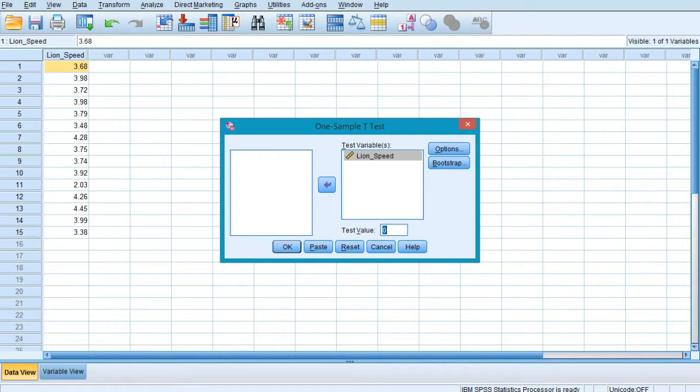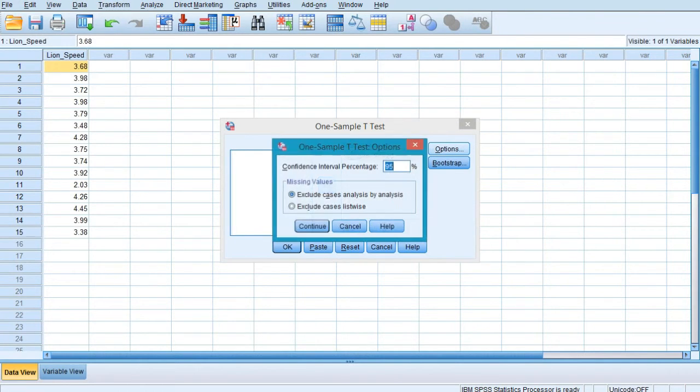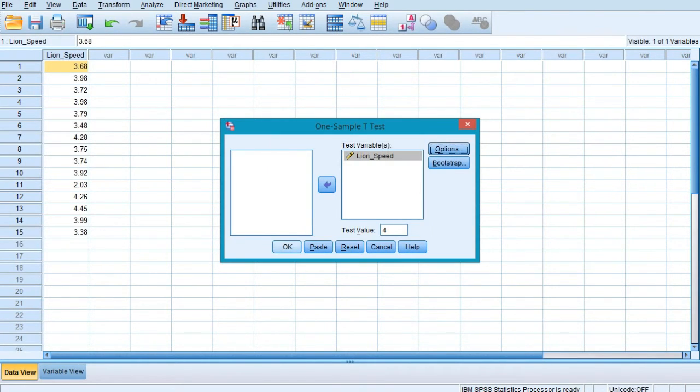Now my test value over here is 4. I want to test the speed of Indian lions against the average running speed of the Bengal tiger, which is 4. So I would be entering my test value of 4 over here. Straightforward. Clicking on OK.